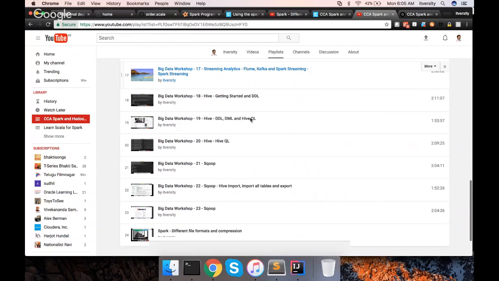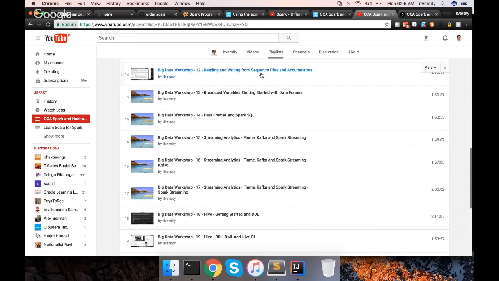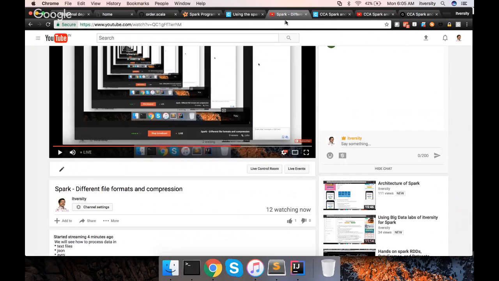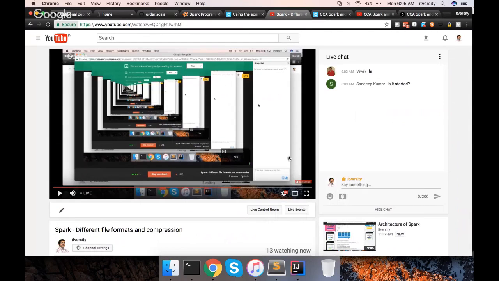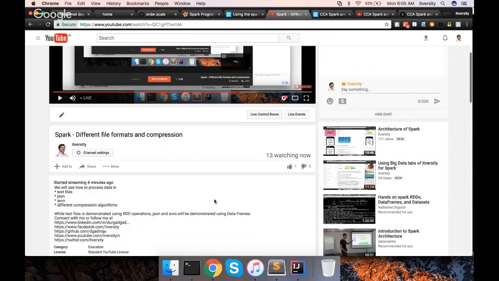The agenda for this session is that we will see how to read and write text files, JSON, Avro, sequence files, etc. We'll also see different compression algorithms and how we can actually use them.